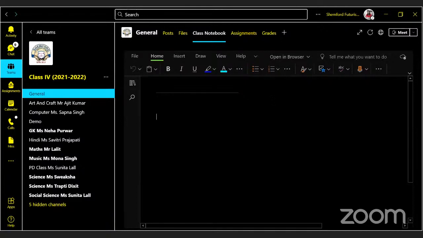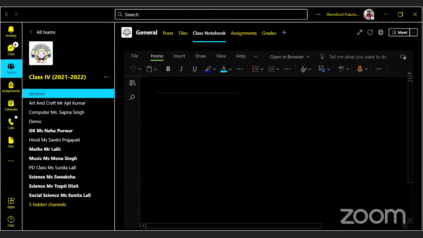No, if the students have their Outlook ID, you can have a Teams meeting as you have a Zoom meeting. You can share files also with them. That is okay, but you cannot create classes like this. These options are available only in the work account. Okay. Now you look here, there are different tools available over here.